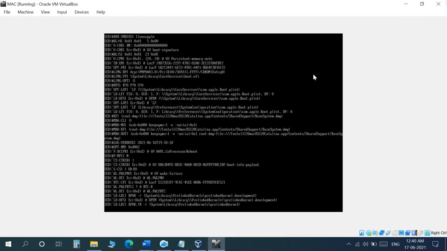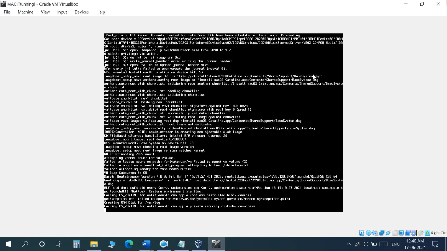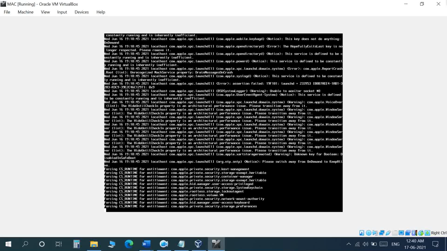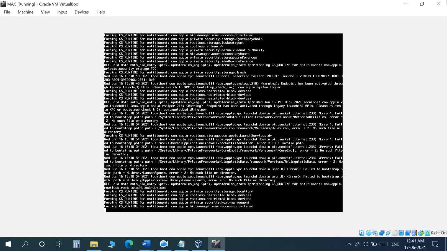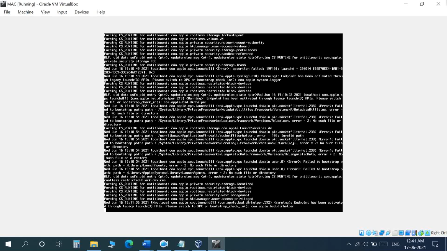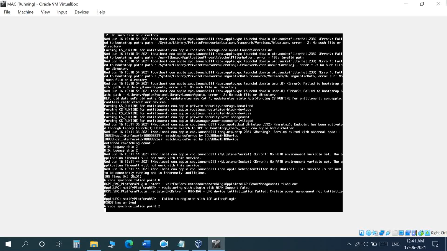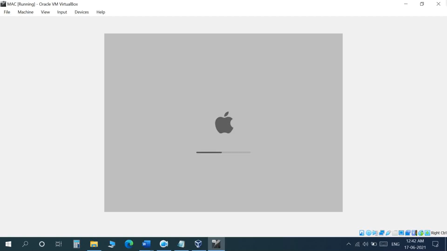Here you can see that the boot process has started. Here you can see the Apple logo.